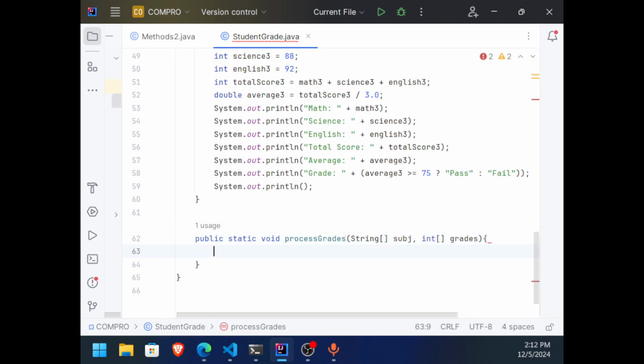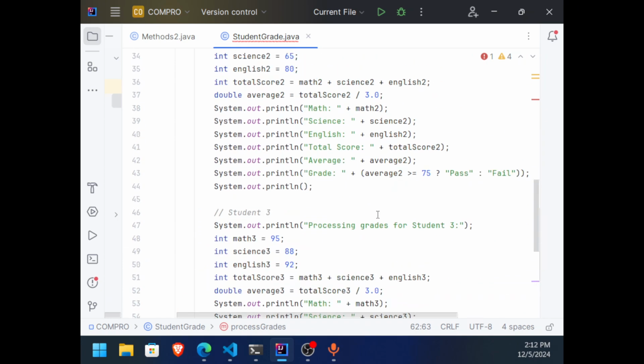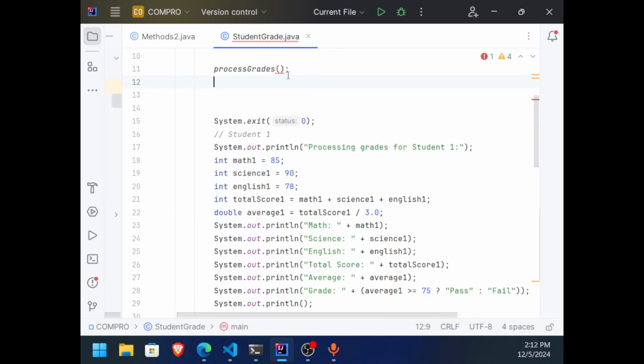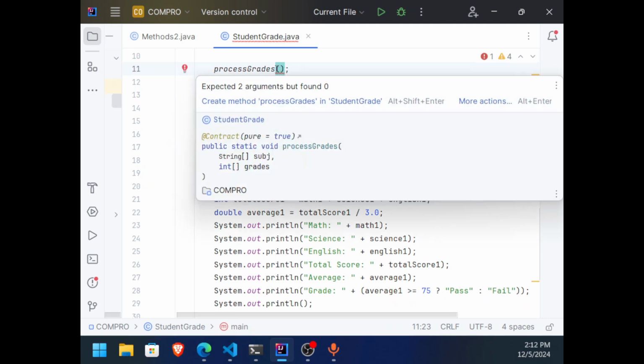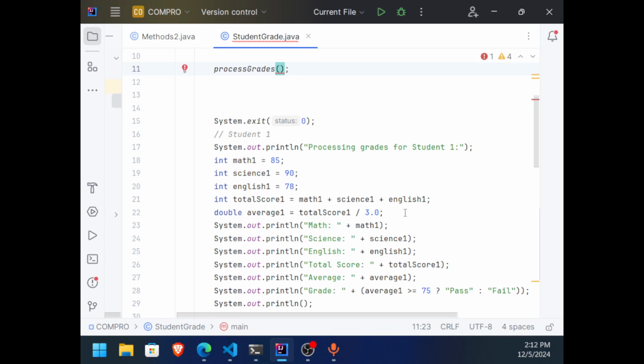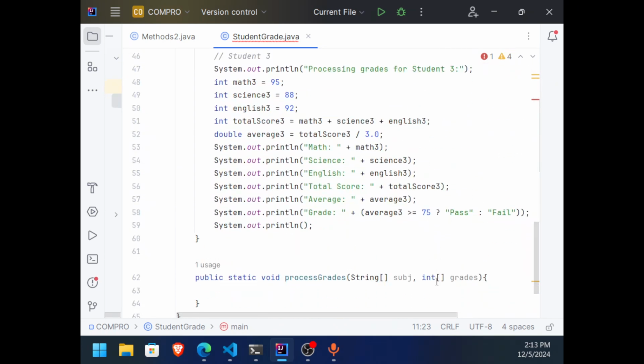I just named it differently so you understand that the name of my parameters is not dependent on the name of the variables that I'm going to indicate later on as an argument. They are independent. So this one is accepting two arrays. One is string, another is an integer.